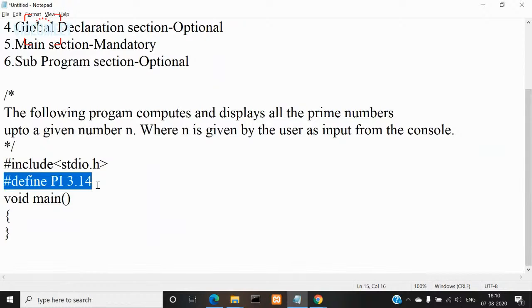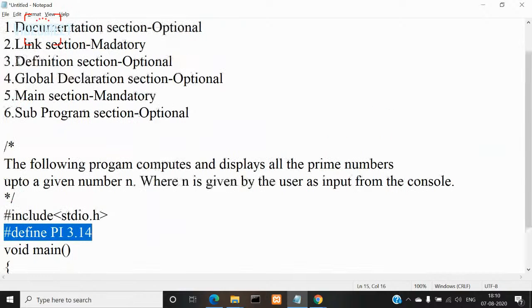So all those one or two hash define statements together form the third section, that is, the definition section, and